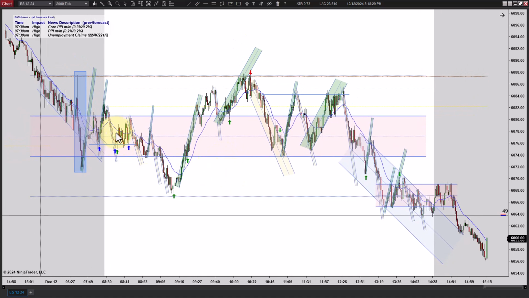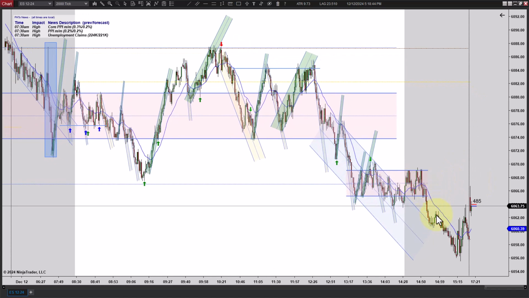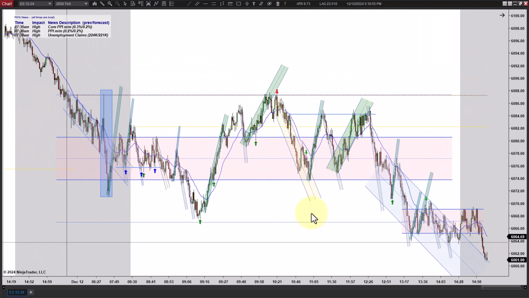You can see there, it looked like we were going to work sideways. We failed out the bottom, reversed, filled that gap, and we bounced off the low there. It looked like we were going to try to work higher again, and suddenly the bottom fell out after lunch. And then after 2:30, we dropped on down even some more. We came off the low just a little at the close, and we've gapped higher right now. So my guess is they'll fill that gap before prices take off or go any other direction.